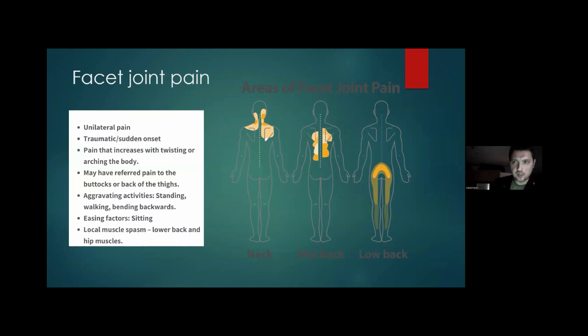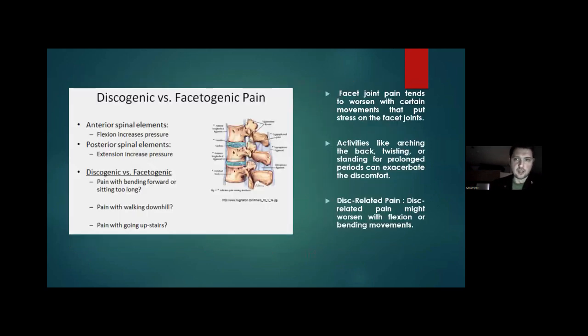This referred pain is very important in terms of differential diagnosis of leg pain. Aggravating activity: standing, walking, bending backwards. Easing factor is sitting, and local muscle spasm with lower back and hip muscles. Then there's also discogenic pain, anterior spinal elements. Flexion increases pressure. So in discogenic pain, flexion will lead to increased pressure, and posterior spinal element extension increases